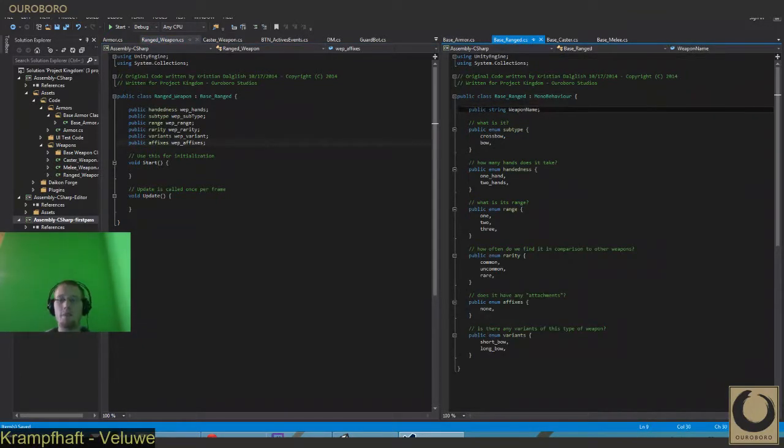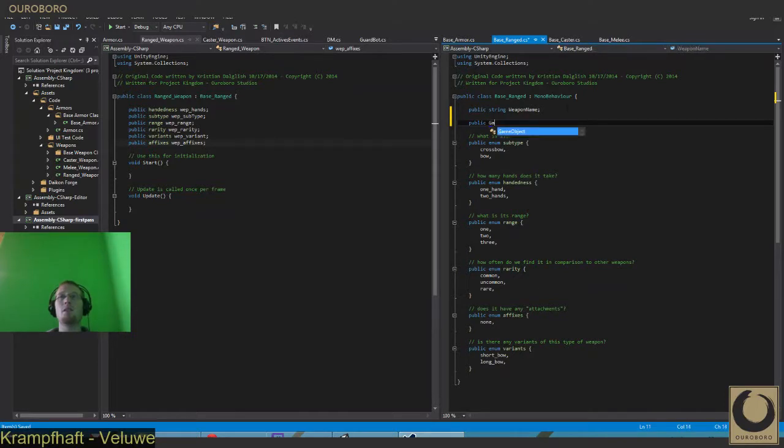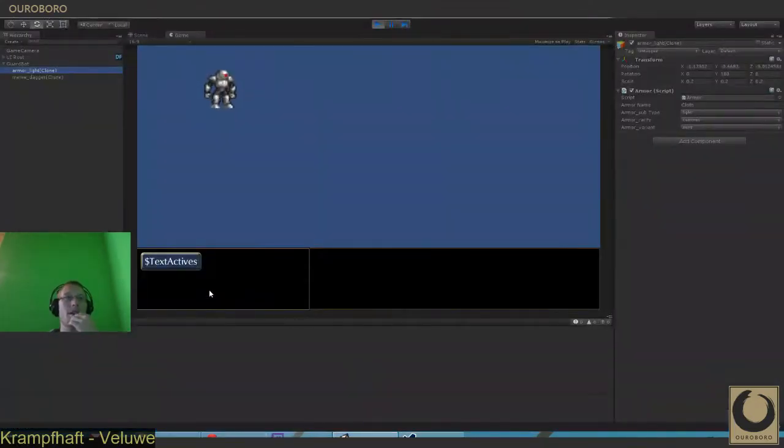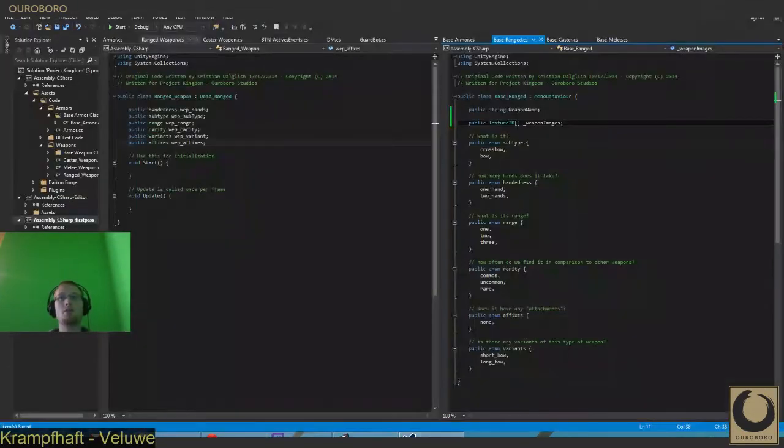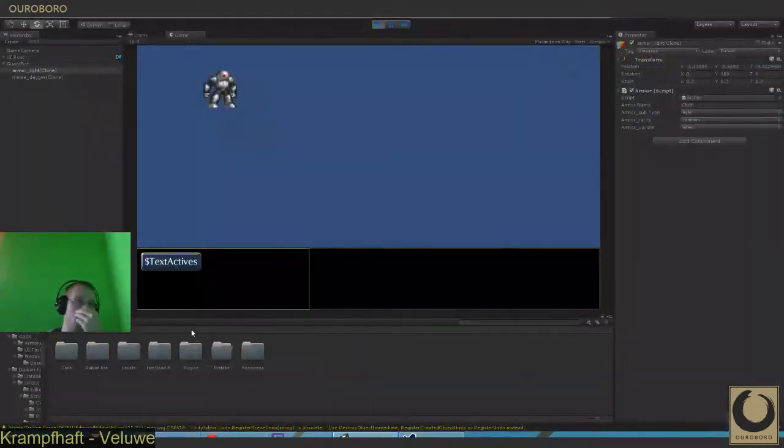So if I did something like this, public texture 2D weapon images, and then what we would do is we could then go in here and set them accordingly. Actually, I take that back. We would have to simply do it once. Texture 2D, and weapon image. And what that would allow us to do,